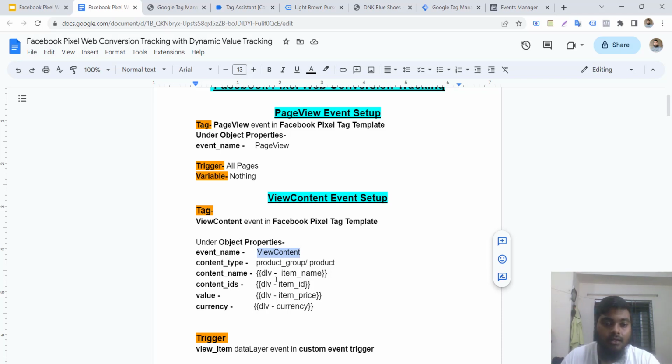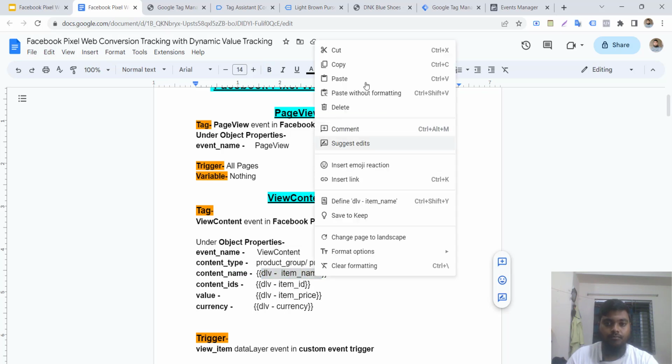Sorry, I made a mistake. This is the name of the variable. We will create the variable from this, and this is the parameter we need to send to Facebook. Okay, now just copy this item,